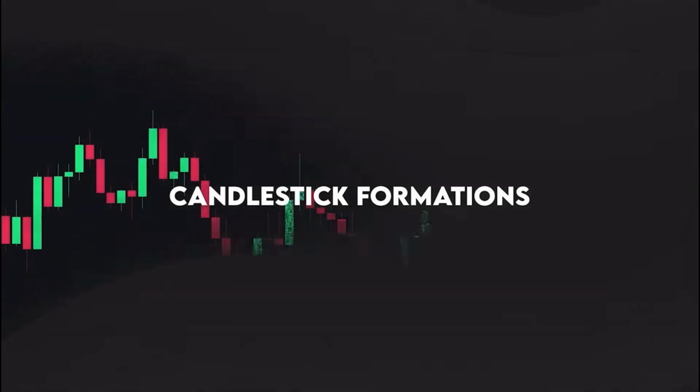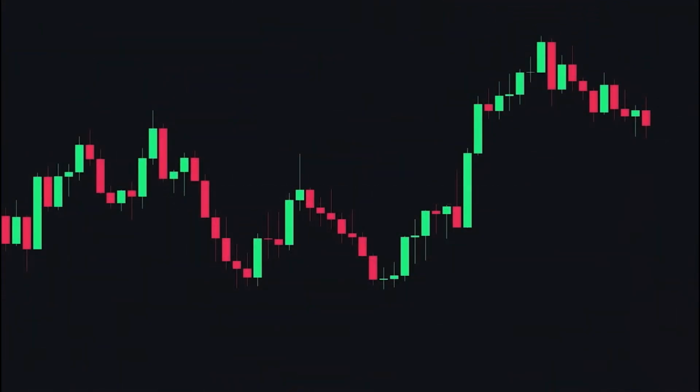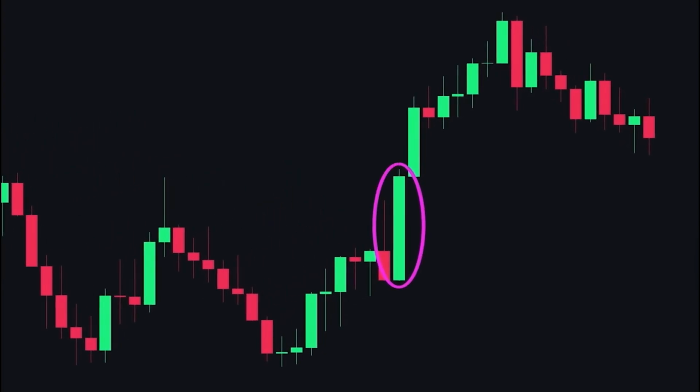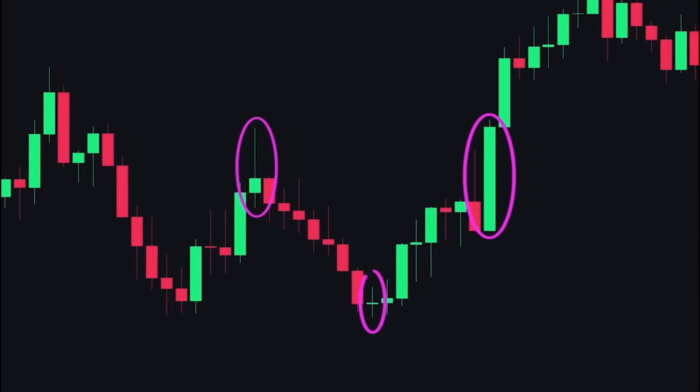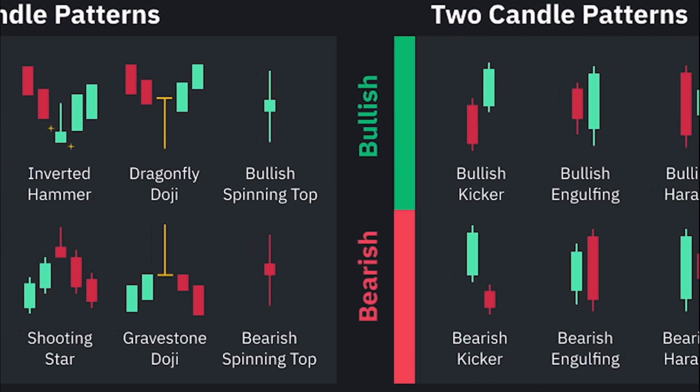Today, we're going to break down one of the most important skills you need if you're trying to swing trade and actually make consistent money. And that's how you read candlestick patterns the right way. I know a lot of you hear the word candlestick patterns and think it's this complicated thing. Trust me, I used to overthink it as well. But once I got it down, I realized how simple it actually is and how powerful it can be for